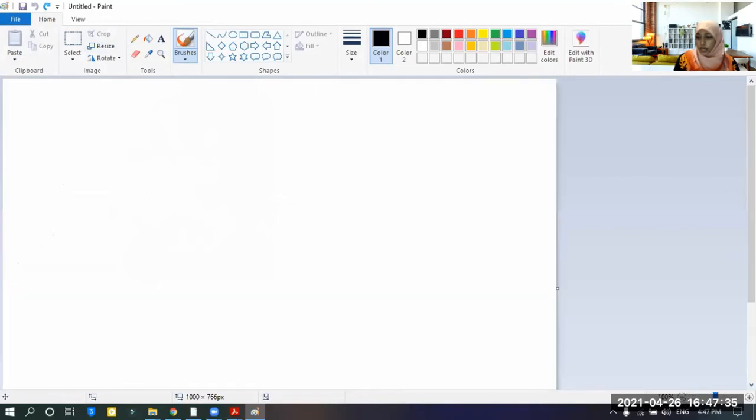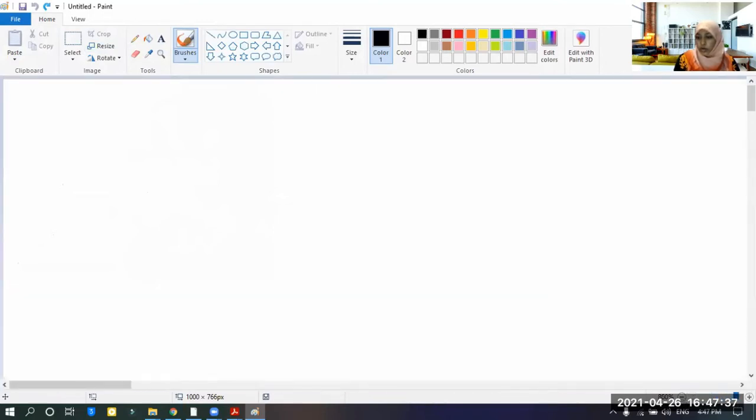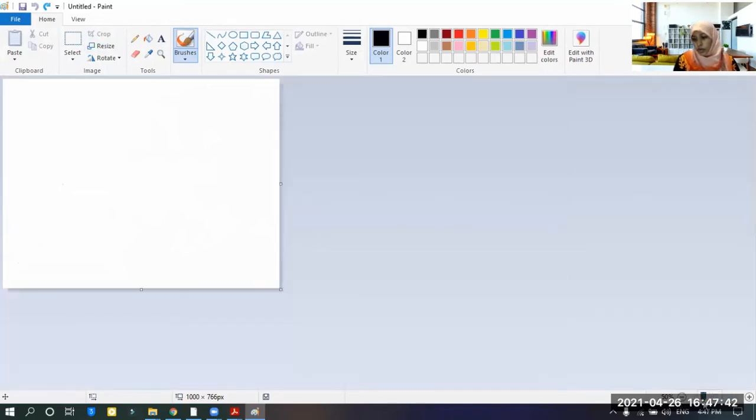You can use zoom in and zoom out and resize it. Normally we will keep it at, let it be at 50. So we will draw a picture here.